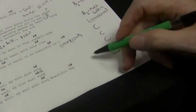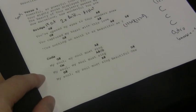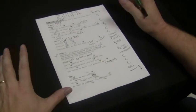So you notice that there's a part written down here that you may or may not play, and in this example, we took this directly off of the CCLI website as far as chords and whatnot for this song. The band doesn't actually do the coda part of it on this recording, so I just remind myself that I'm not playing that at all. So once I've got that laid out, nobody else may understand what's going on, but for me, I know what it is that I'm supposed to be playing throughout the course of the song,